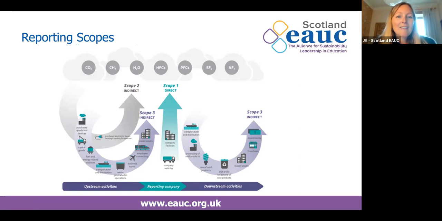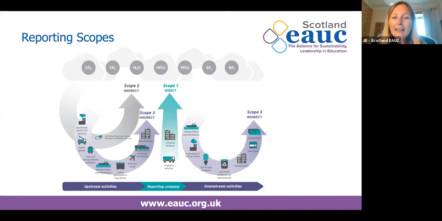So this illustrates, the protocol covers the 7 main greenhouse gases. You don't need to worry about this too much, but just to give you some background information. So carbon dioxide, methane, nitrous oxide, HFCs, PFCs, SF6 and NF3. The emissions factors in the tools are carbon dioxide equivalent. So for example, for natural gas, it includes the CO2, the CH4 and the N2O. That is just one figure. They've all been combined into one.